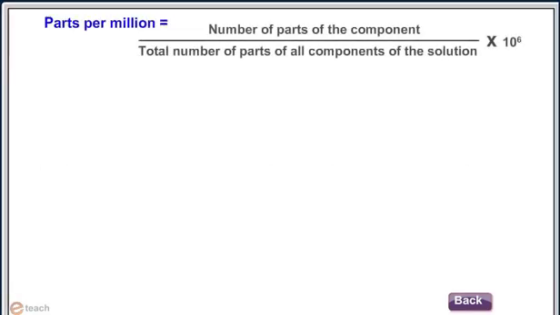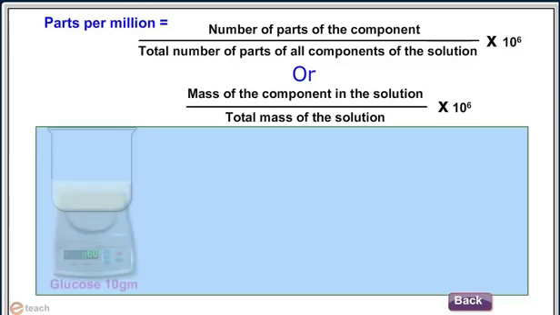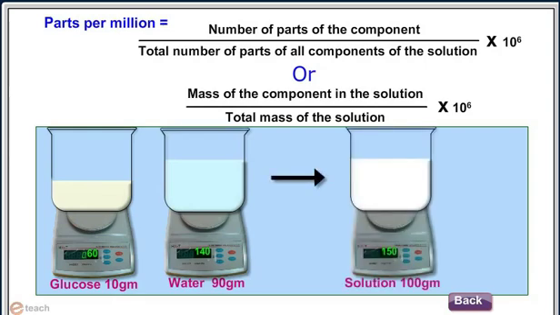Parts per million is defined in terms of mass to mass as the mass of the component in the solution divided by the total mass of the solution, into 10 to the power 6. For example, in the figure shown, 10 gram of glucose is mixed with 90 gram water to make a 100 gram solution. Then parts per million